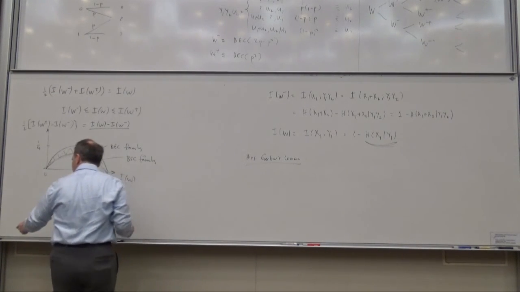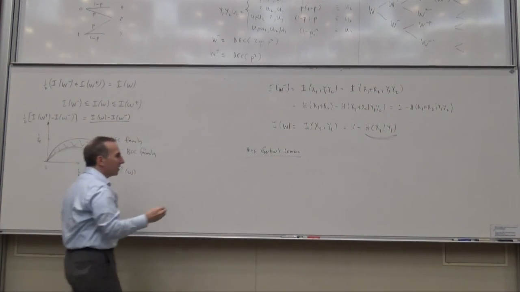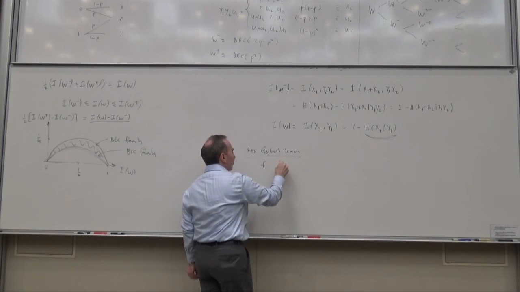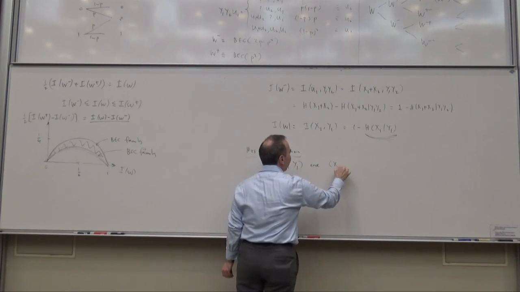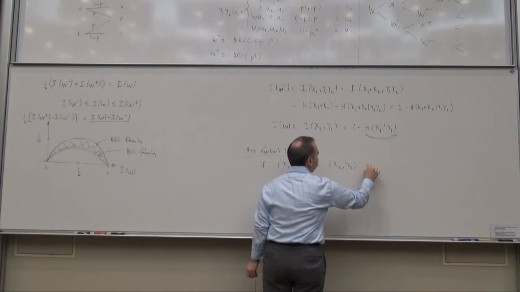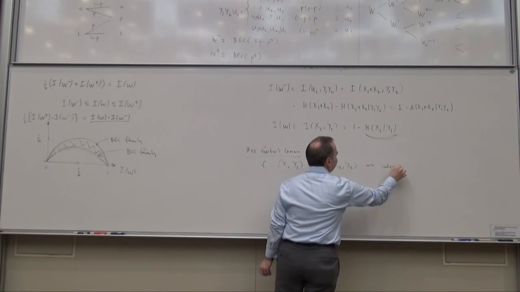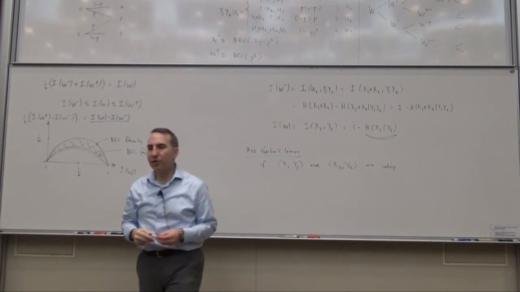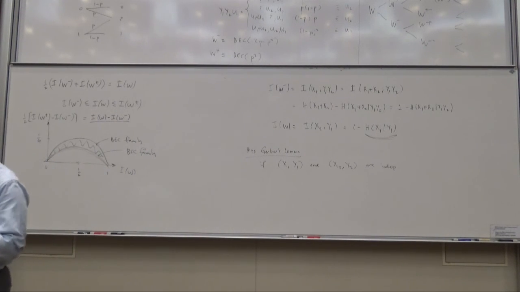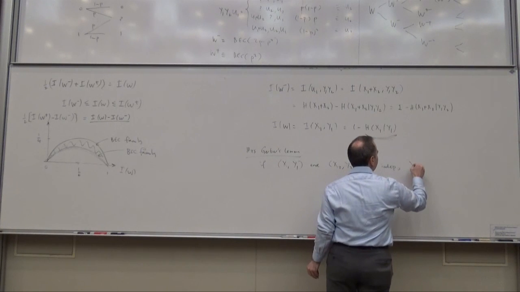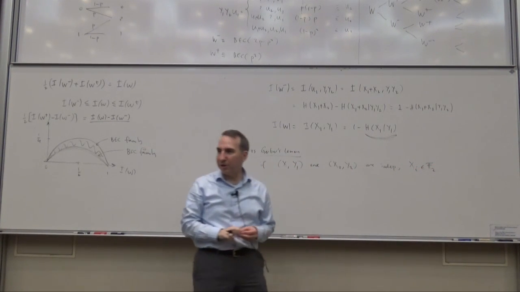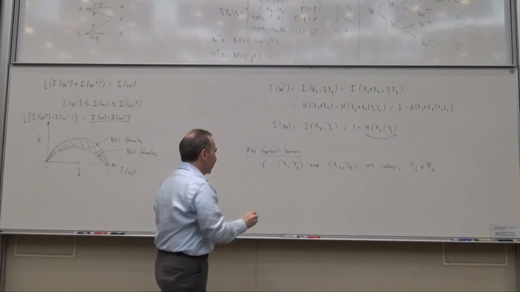If X1, Y1 and X2, Y2 are independent, not necessarily identically distributed random pairs, with each of these Xi's being binary, and if I